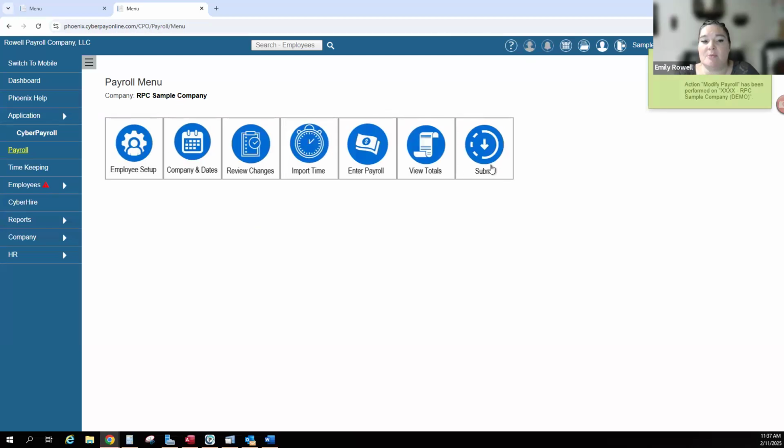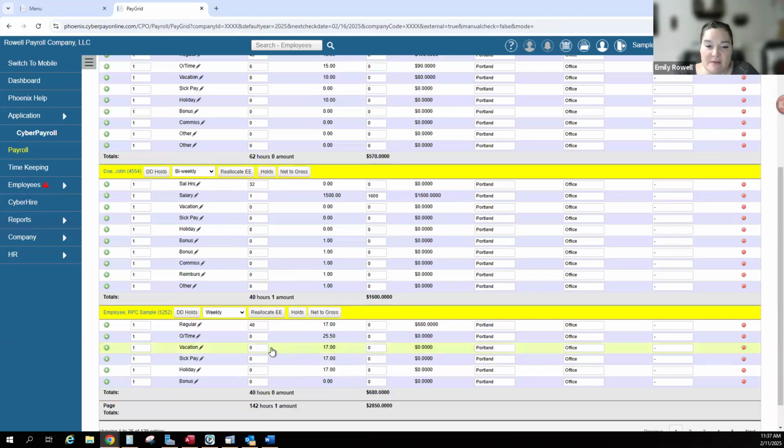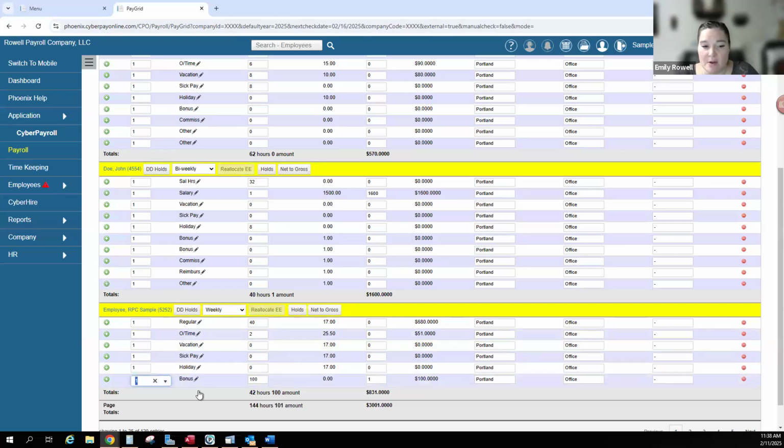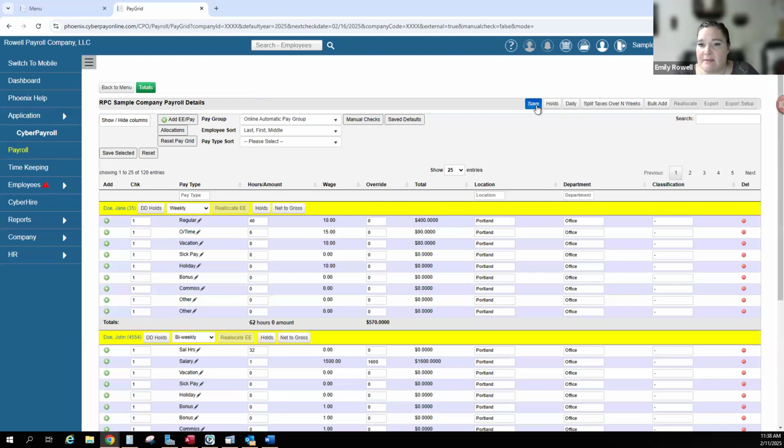And what we will notice is that it opens up the ability for us to go back into our payroll. These menu options are blue again rather than gray. So we can come in here to enter payroll. And I can simply come in and fix whatever it was that I found that was wrong. So maybe I forgot to give RPC Sample Company some overtime, or maybe I forgot to give them some holiday pay, or even maybe a bonus that was supposed to be on a second check. So we'll simply go in here and enter in the pay that we need for that person, and then save it again,